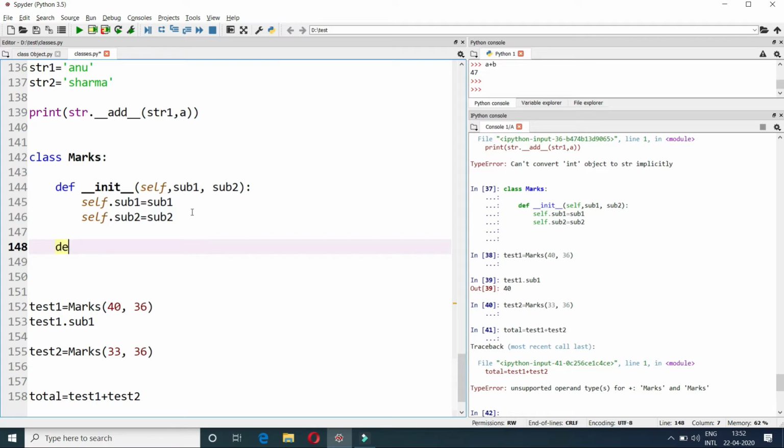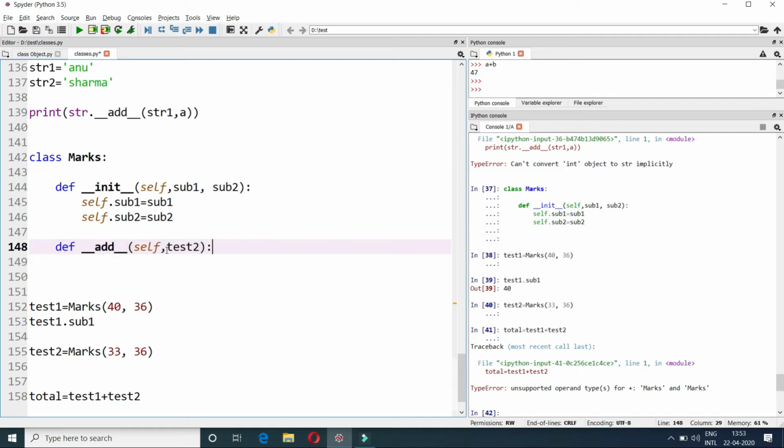If you remember, for overloading the addition operator, it has to be def __add__, and then there is the object which will be calling it, self. Here test1 is your self; self is calling this add operator. So self is test1, and then there are the marks for the other, that is test2. You can give it some other name, or you can give it test2 also, there won't be any problem. So let's give it test2 only.